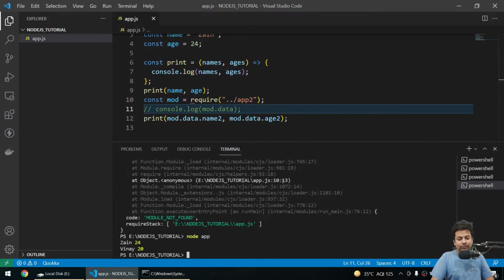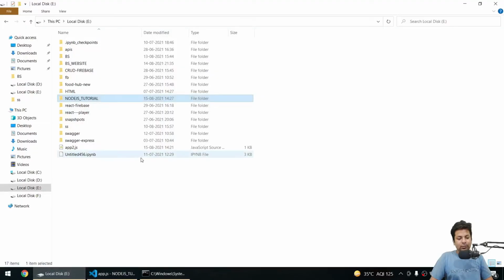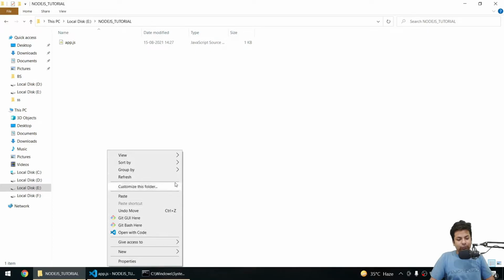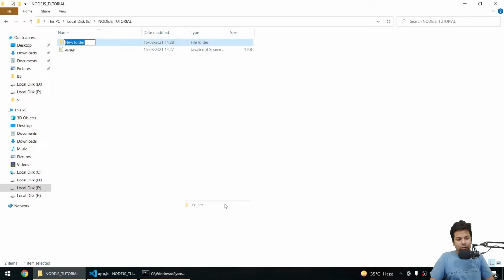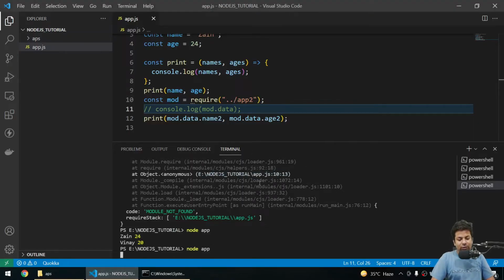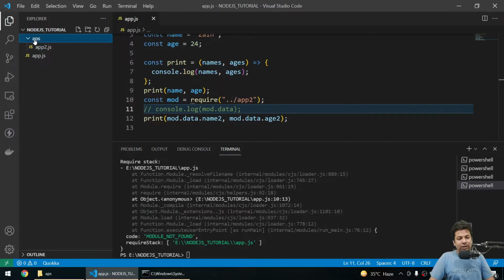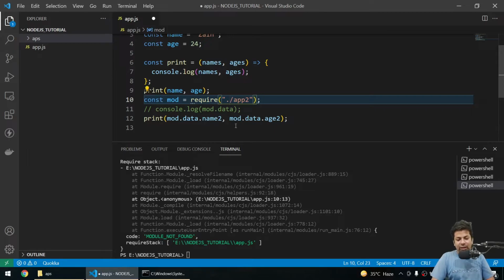Now if I say hit run, it's working fine. And suppose this same thing I am putting inside a folder, I'll say apps. Save it. Now if I run it, obviously it will say there is no file, but here I can see it's in apps. So instead of two dots, I'll say in the current directory there is a folder called apps. Inside that I'll have an app,